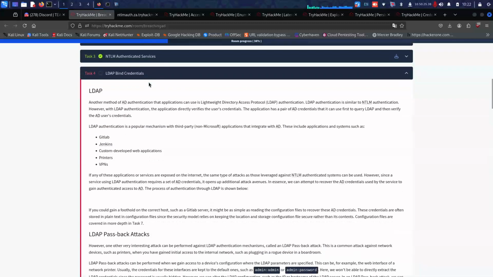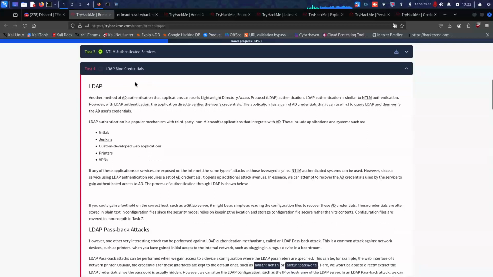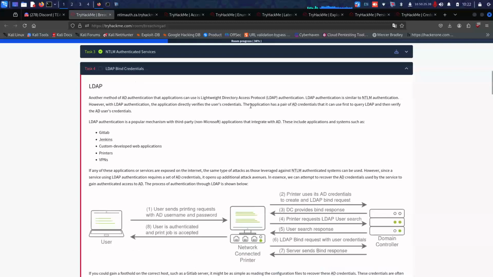So the next task that we have is LDAP bind credentials. Another method of Active Directory authentication that application uses is lightweight directory access protocol, or LDAP. LDAP is similar to anti-LM authentication. However, with LDAP, application directly verifies users' credentials. The application has set of AD credentials that we can use to query LDAP and then verify the Active Directory